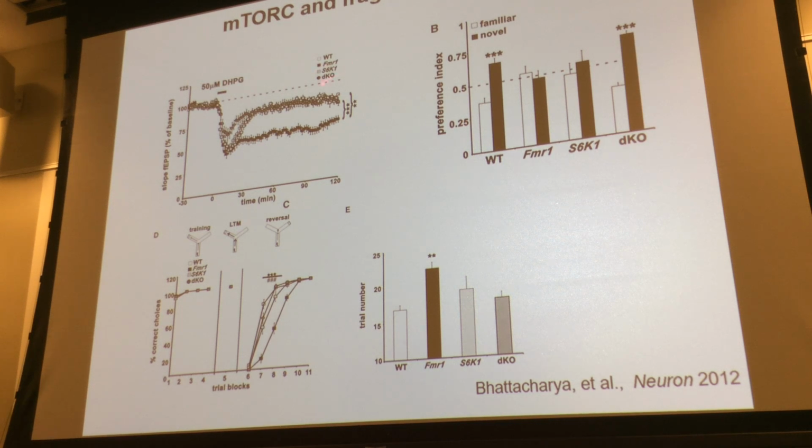Now, when you do this double mutant, so DKO means double knockout, you see this one, I think a green circle. So that's back to the normal, back to the wild type. Right? So that's called rescue. And same here for the